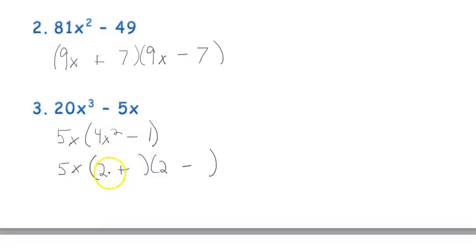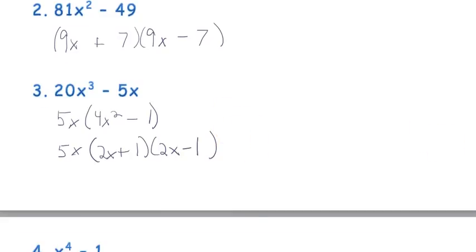And the square root of x squared, or break the x squared apart, gives you x and x. The square root of 1, or 1 times 1, is 1. So we put 1s back here. Okay, so that's our third example. Let's move on